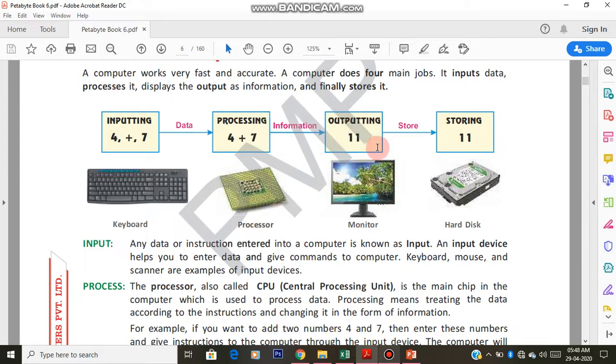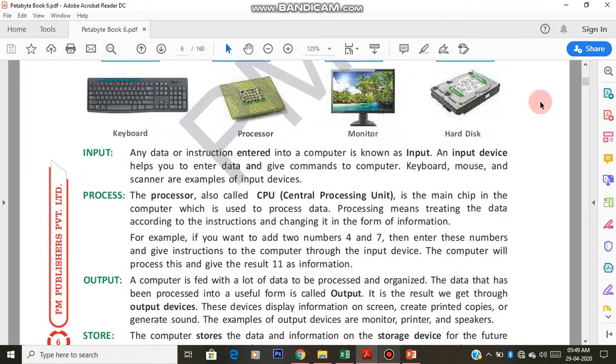Once it is displayed, if we want to use it later, for reusing it later, or for checking it later, we will store it in some way, right? We will store it inside the computer. That is what you do when you save your files. Whenever you create some word files, presentations, or paintings, you will go for saving, right? Where will it save, that is the question. So that part comes under storage. You have to save somewhere for its future use. Okay, so this part we are going to learn first.